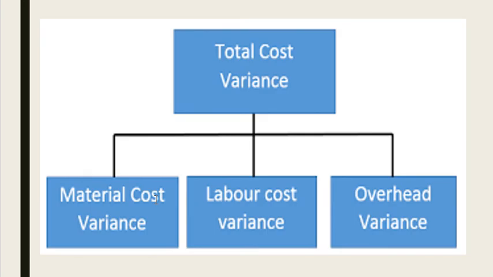So next what we are going to learn is total cost variances. Now that we understood what standard cost is, we will be learning about variances. What is a variance? The difference between standard cost and actual cost is known as cost variance. As I've already told, it is the difference between the standard you have set and the actual production. Say 100 rupees is your standard, and due to any reason, the actual production cost is 120.